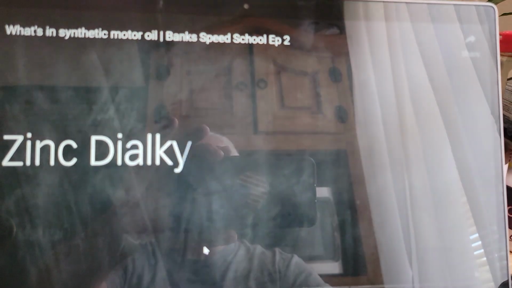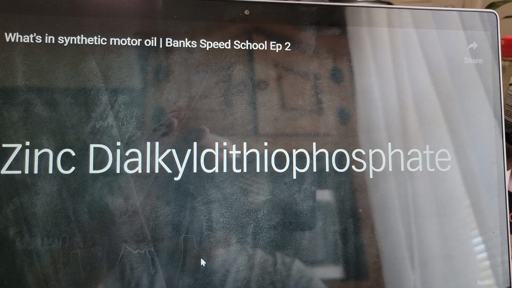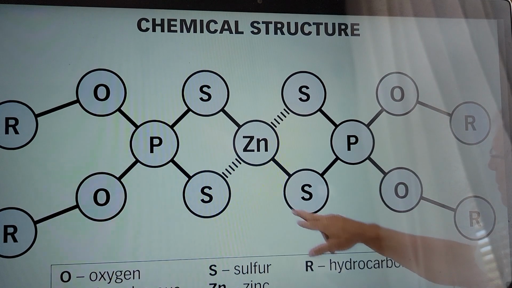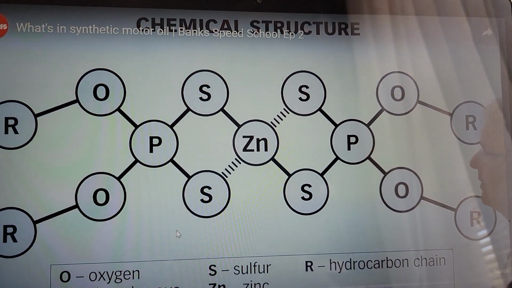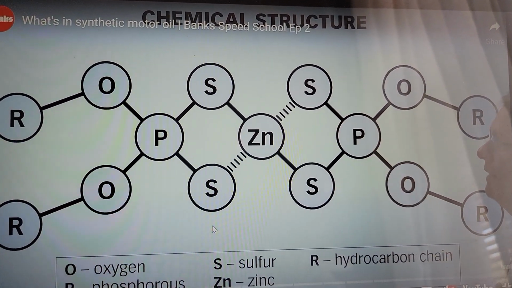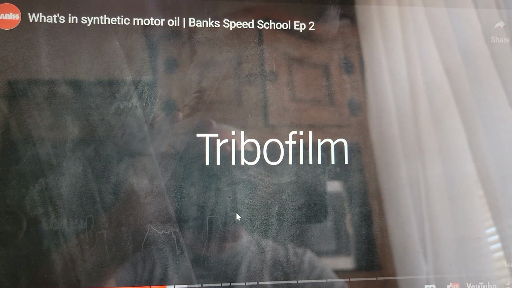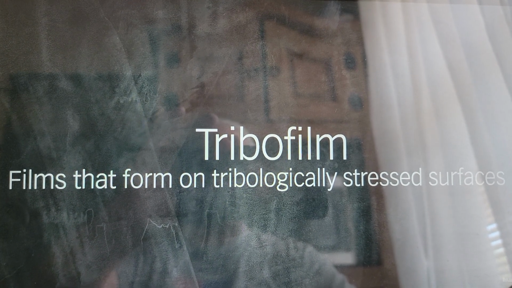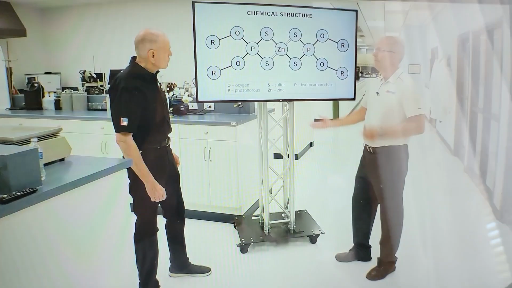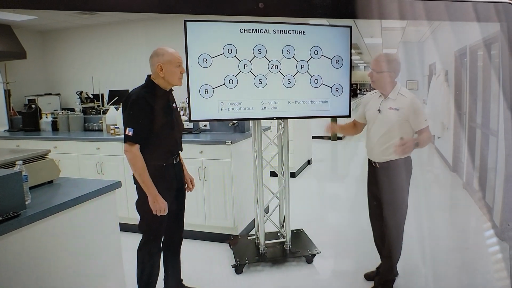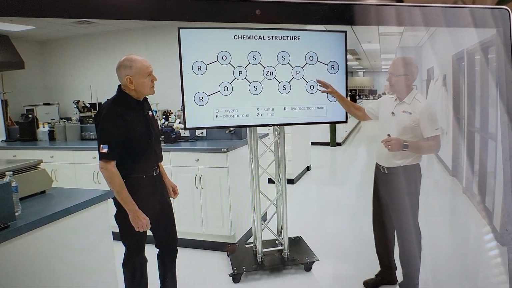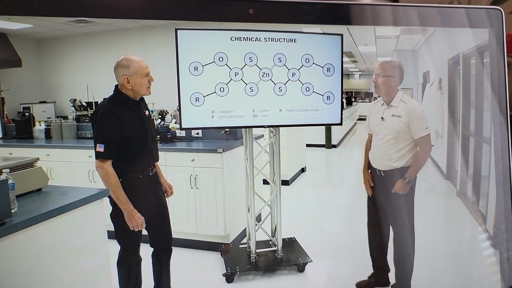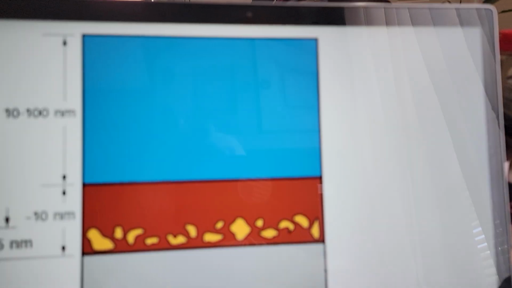So this is zinc dithiophosphate, is that what we're talking about here? Yep. ZDDP, people think about it as zinc, but the sulfur and the phosphorus are the real functional molecules that help create what's called a tribofilm on the surface that keeps those surfaces separated when the base oil can't do the job anymore. So we formulate with base oils, and then we formulate with this anti-wear chemistry. This is a basic one. We use many other ones, but both are important. You can't just have oil. You've got to have the chemistry too. All right, when I talk about